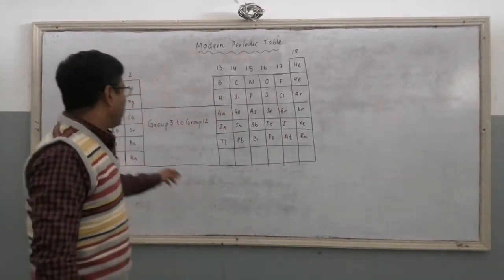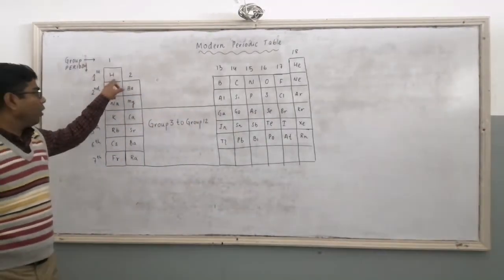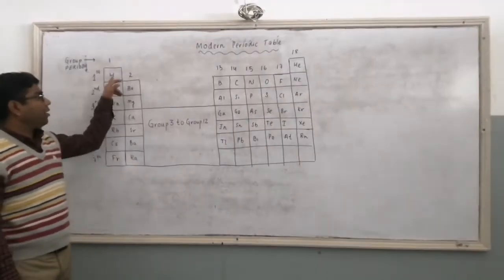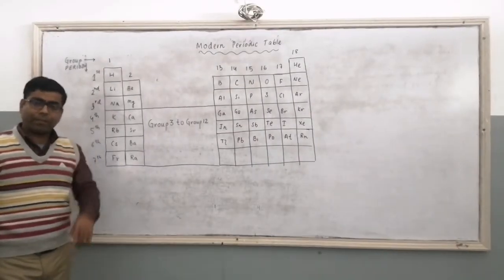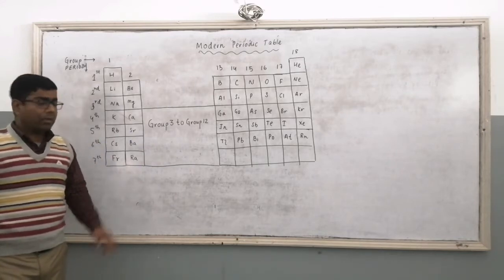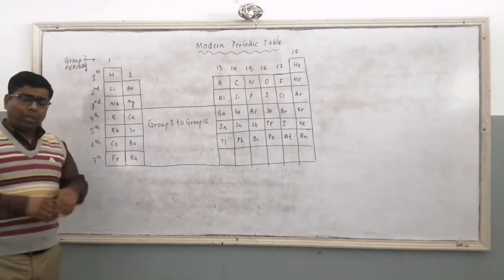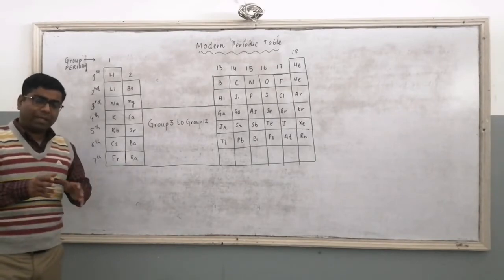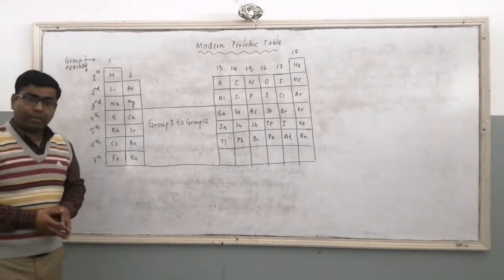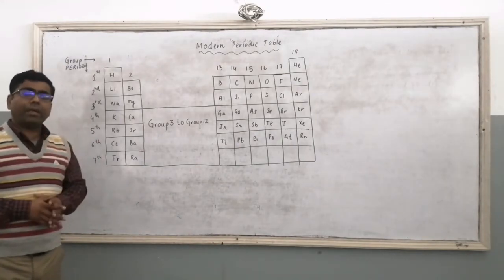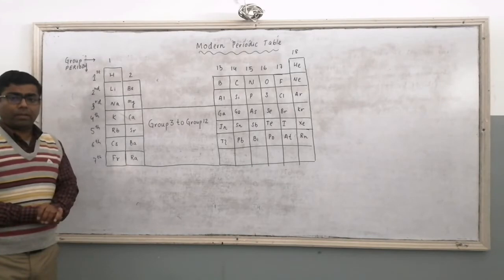If we talk about hydrogen, H belongs to the first period and group number 1. So the valence shell will be the first, and the valence shell contains 1 electron. Lithium belongs to the second period. So the valence shell in lithium will be the second energy level, and in the second energy level, we will have one electron.